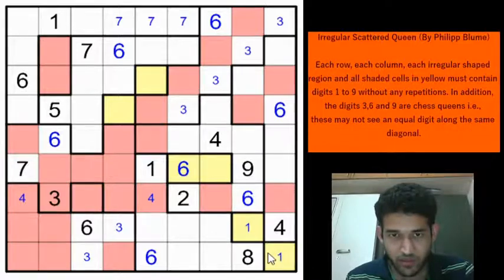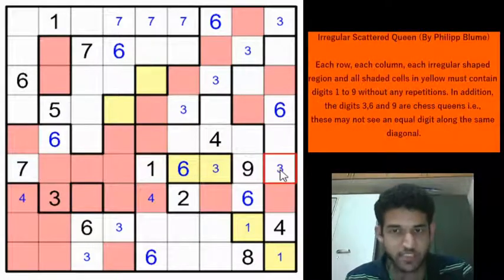Okay. Now, if you look closely at row 6, we have eliminated almost all cells. There are only 2 possibilities left for the 3 in that row. Either here, that is row 6 column 7, or row 6 column 9, right? Only one of these two cells can contain a 3 because we have eliminated the rest of the cells as either being givens or placed digits or red cells.